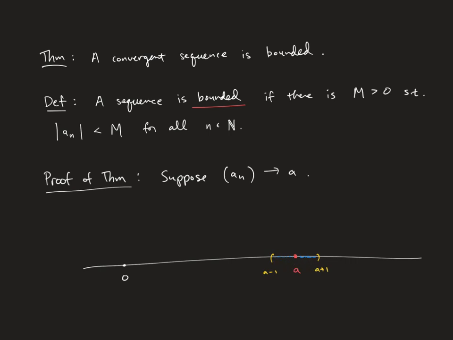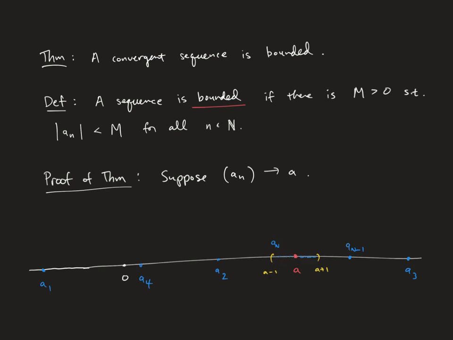What about the rest of the sequence? Well, the rest of the sequence, there's only finitely many of them, right? So we have the whole tail of the sequence covered. Starting with some a_n, it is in there, and then beyond is all in that little interval there, and then the rest of it is just finite. So there's a1, and there's a2, and a3, and a4, etc., and then you have n minus 1, and then a_n is in here and the rest of them are in there, right?